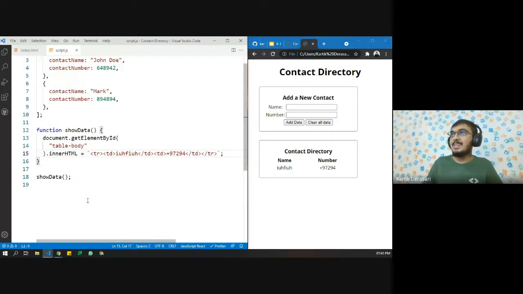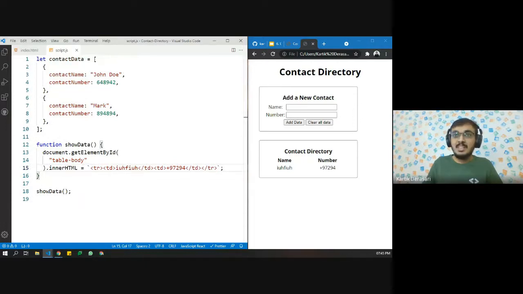So debugging is important. So now the first functionality that we want to do, we want to add the data, right? We want the values of these input fields inside the table.